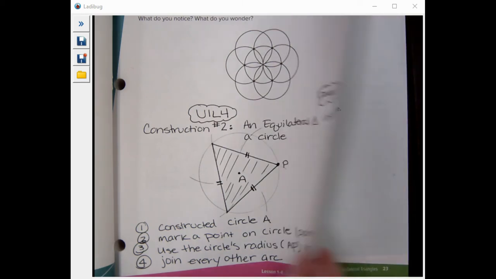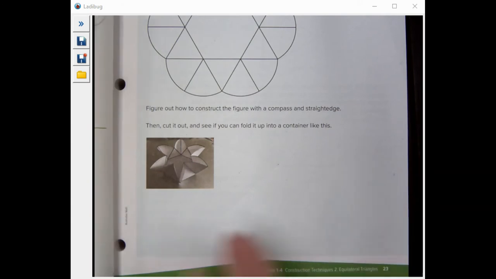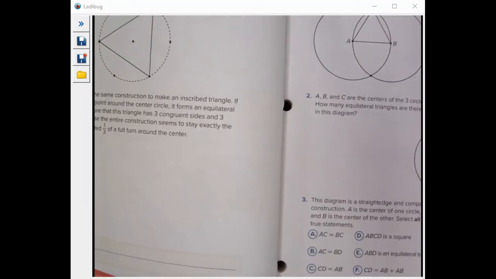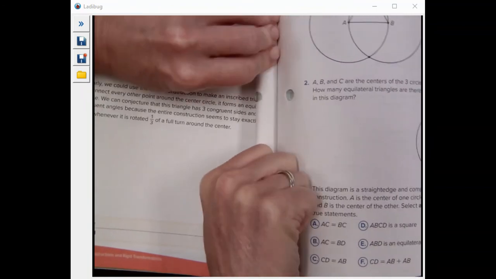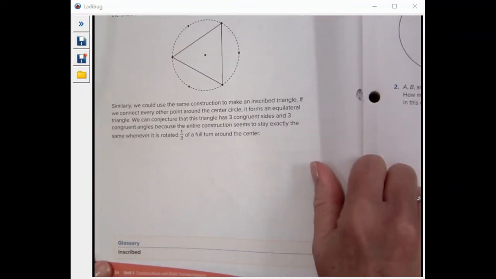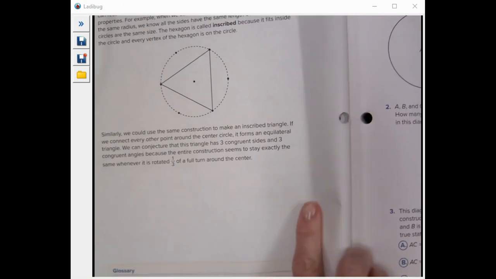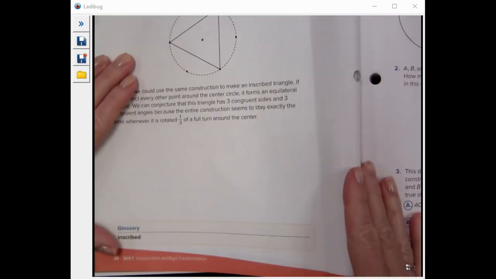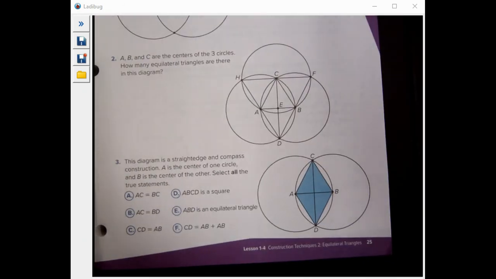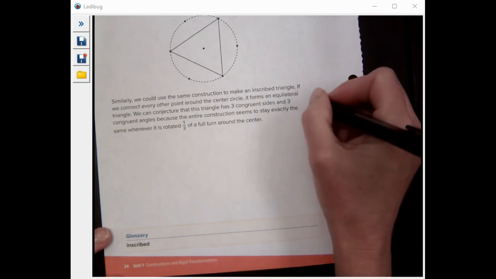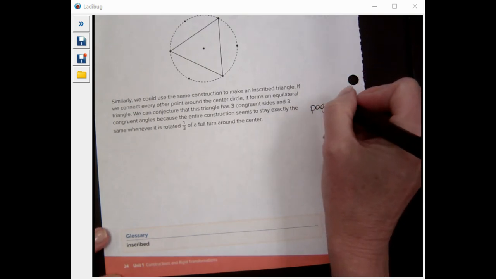Okay, flip 2 pages to page 24. So now this page can be hard to do our construction on simply because of where the fold is. So as best you can, get this on your paper so we can do a construction in a space down here at the bottom. I'm actually going to rip this out of my book so it sits better on my table. So now we're on page 24 of our workbook,